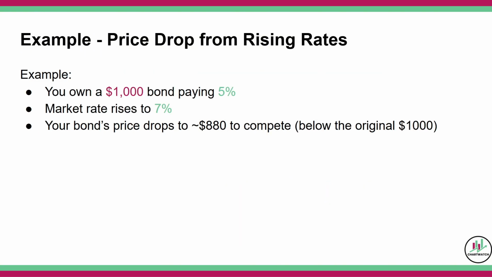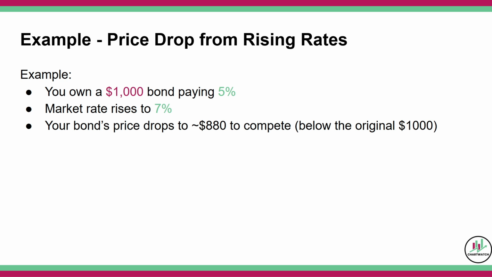Let's make another scenario, a quick example, just so you can grasp this idea. Let's say you buy a bond for $1,000 that pays 5%. That's $50 per year. But next year, interest rates rise and new bonds are paying 7%, or $70 per year. Now I'm adding the dollar amounts just so you can understand this. Right now, at 5%, I'm making $50 a year for my bond. But if I were to buy a bond next year at 7%, because the new market interest rate is 7%, I could be making $70.